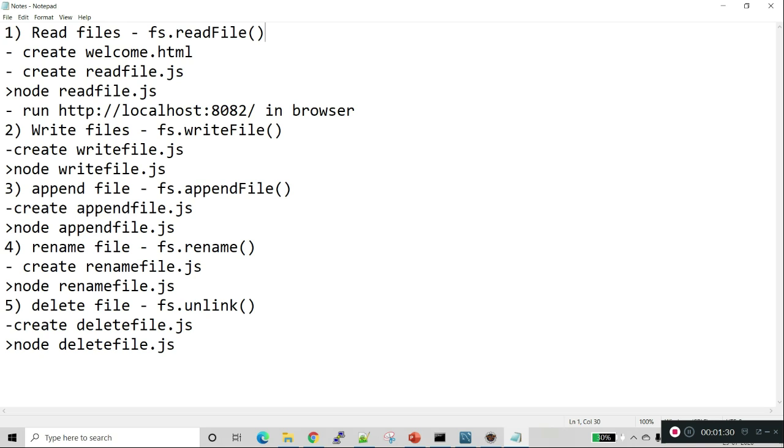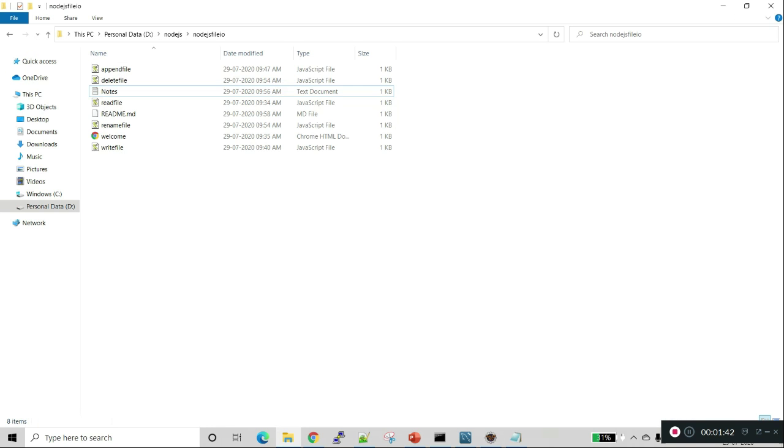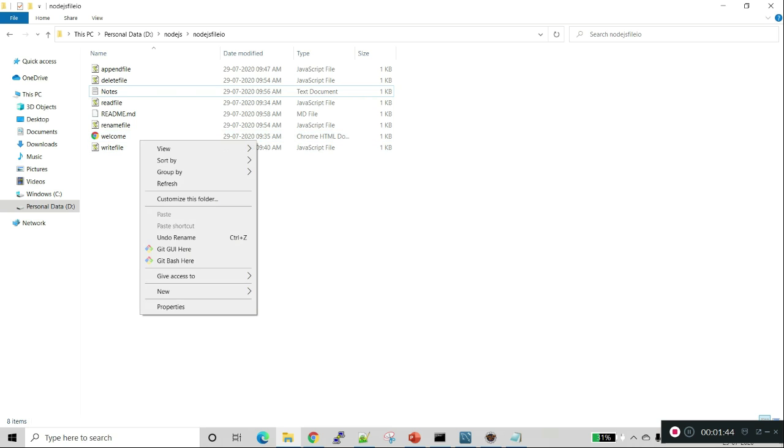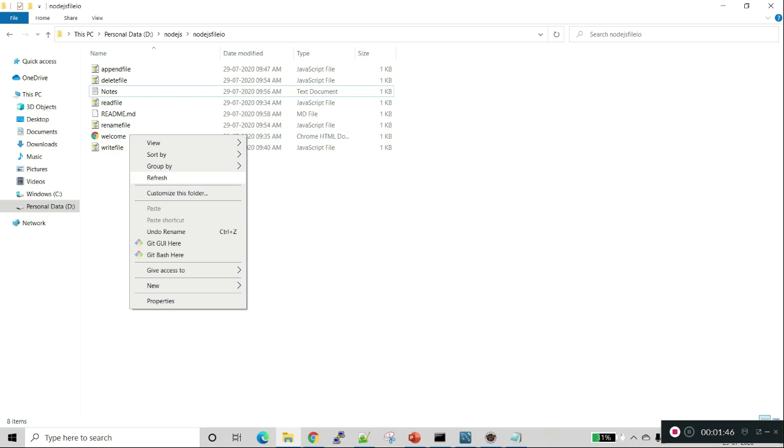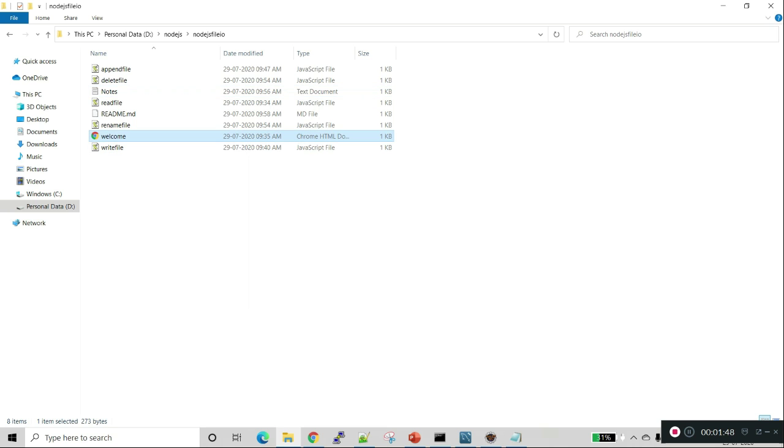Okay. So first, we are going to read the file, and we will use the readFile function. First I have created the welcome.html. This is the welcome HTML which I created. This is a simple one.